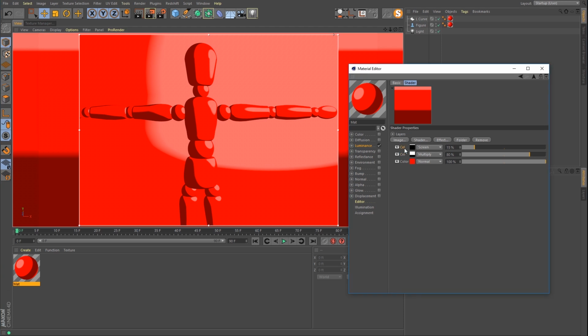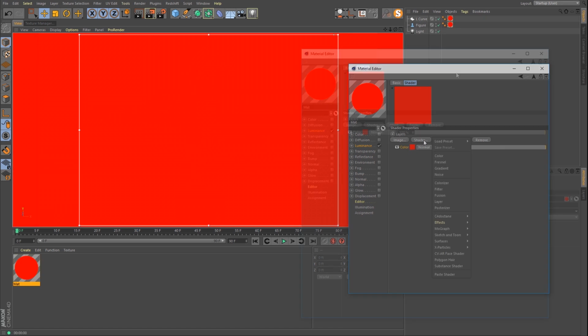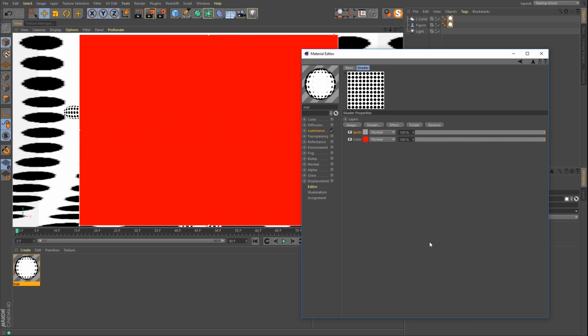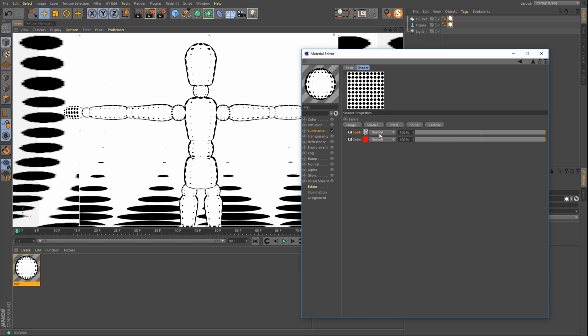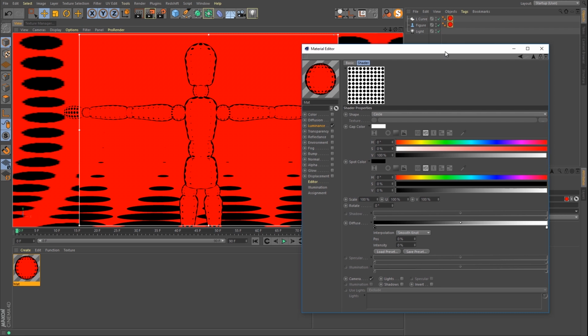So let's take it up a notch. Let's delete these cell shaders. Now let me show you the spots shader. Now the spots shader, by default, you can already see, gives you spots. Wow, fancy that. Let's set that to multiply again. And if we hop into the spots shader,